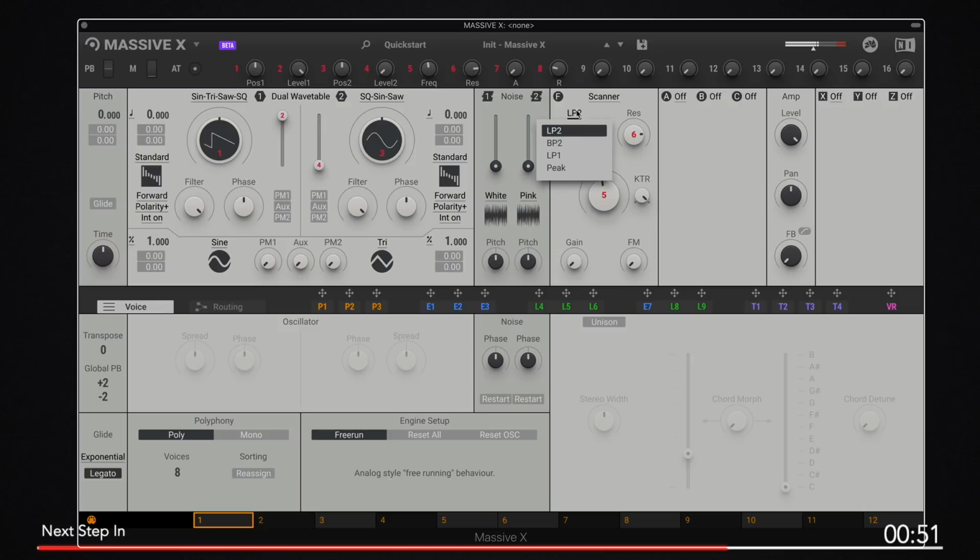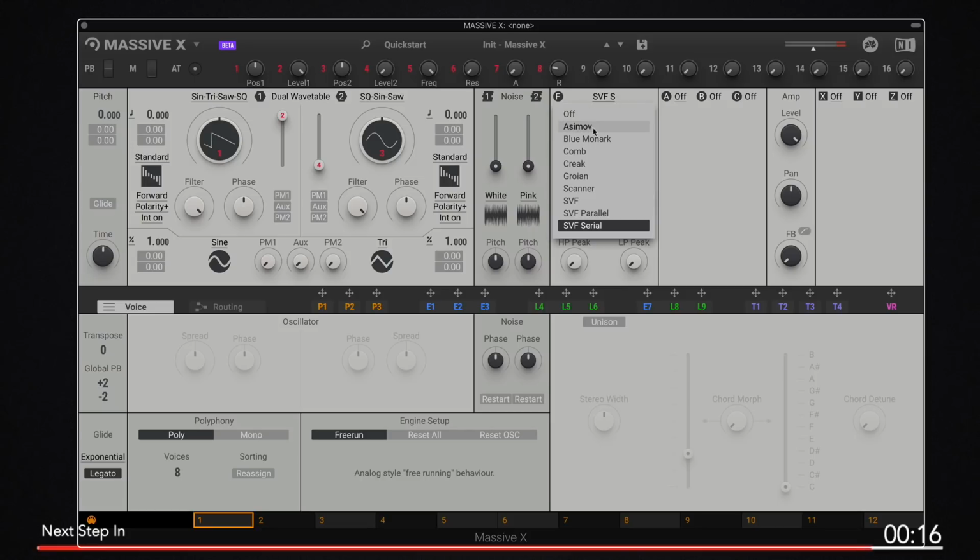Then we have scanner, which is low pass, band pass, low pass. Right, and then we have an SVF filter, so state variable filter, and we have state variable parallel, so you can get a high pass, low pass going on at the same time. Then we have serial. So there are some combinations where you can have parallel and serial setup, but it's not like you can have a parallel serial setup of, say, a comb filter or the creak filter, right? You'd have to do it with more of a basic setup like a low pass, high pass, band pass,